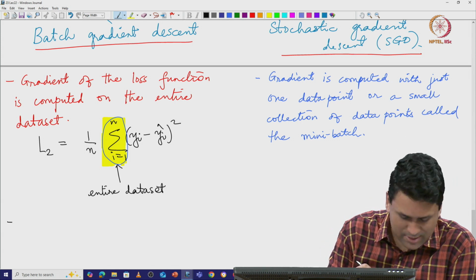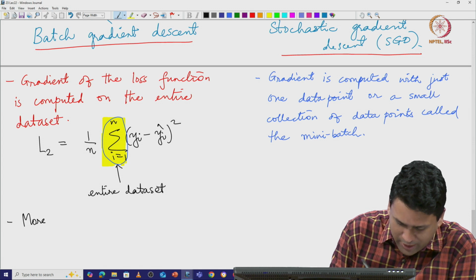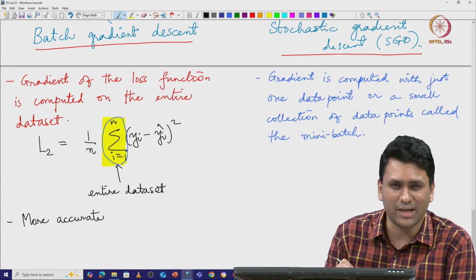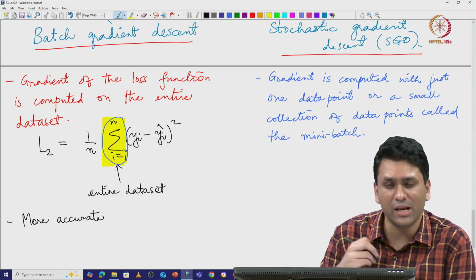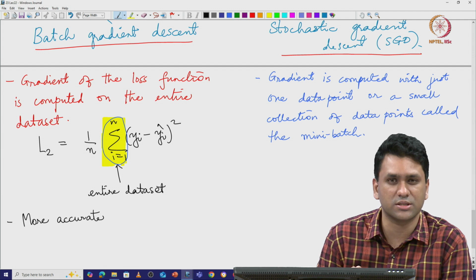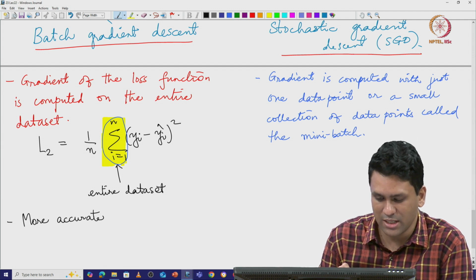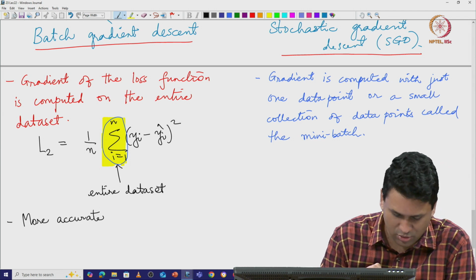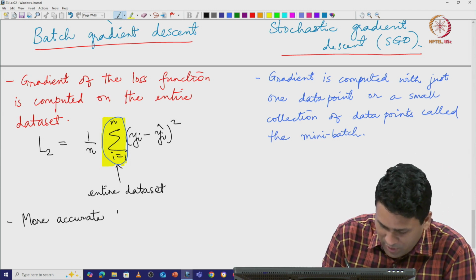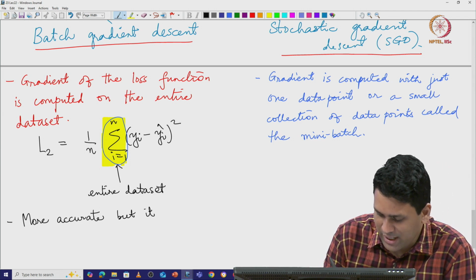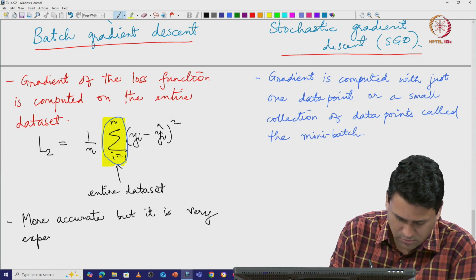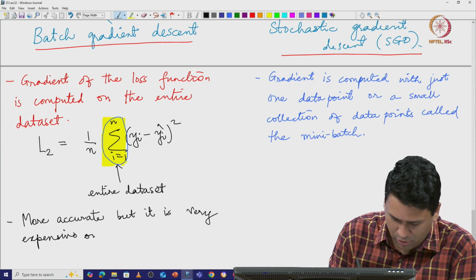So the batch gradient descent is obviously more accurate. Why? Because we are including the entire data set, so that means that we will have full information on how the loss function changes when the parameters change. Each and every data point in the training set is accounted for, right. So it is more accurate, but the problem is that it is very expensive on large data sets,